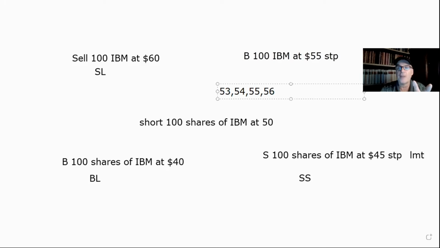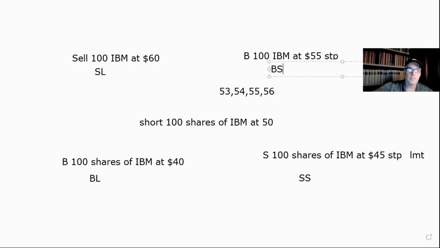So it triggers at 55, and then it trades on the next trade because it becomes an automatic market order, which, remember, market order means you're buying at any price. We don't really care. Price is not our issue. We just want to buy it. So that's a buy stop. Now, we'll put a little initials there. So we have that, right?